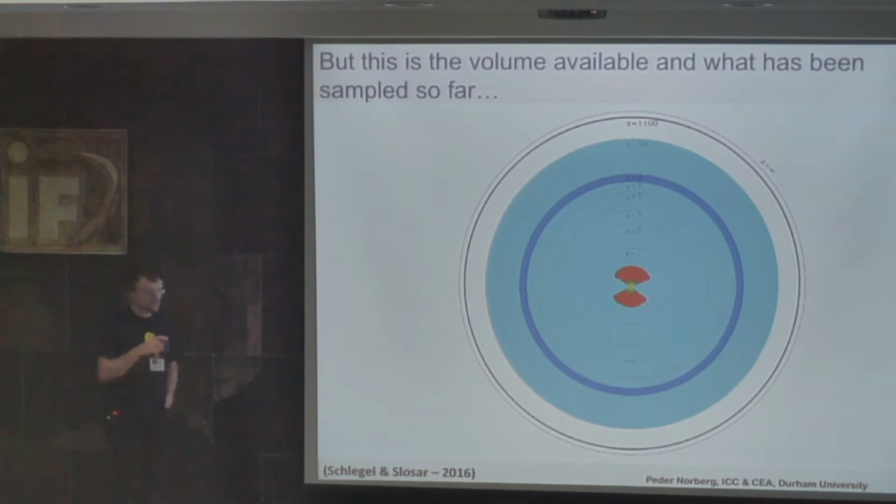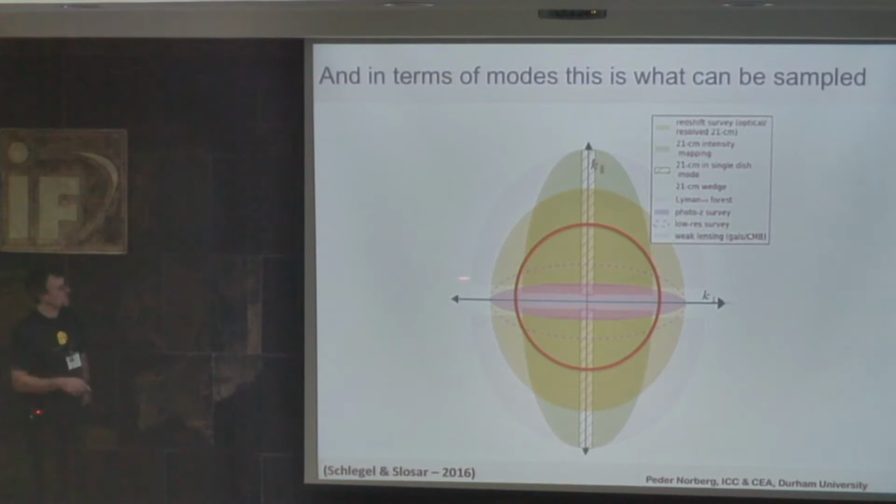Yeah, ignoring the quasars. And you can see there's quite a lot left over. If this is redshift 1, 2, 3, and so on, you go out in the whole universe. It's quite a large volume left over. And this is the number of modes we have sampled, if you want to look at the modes in k perpendicular or k parallel space, and this is what you've sampled so far in BOSS. There's still quite a lot of modes left over to work with, which is why you can still design new surveys to do better results at higher redshifts. But at low redshift, pretty much all of the modes have been sampled already. So it's going to be hard to do much, much better.